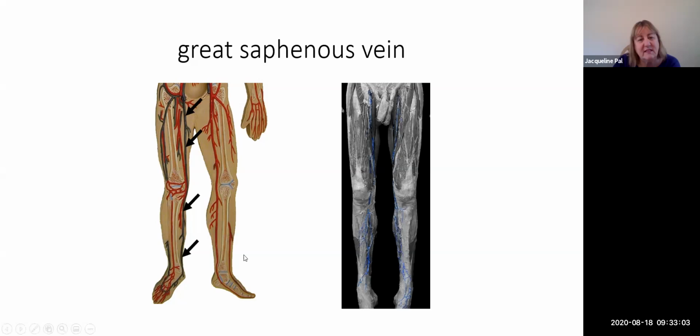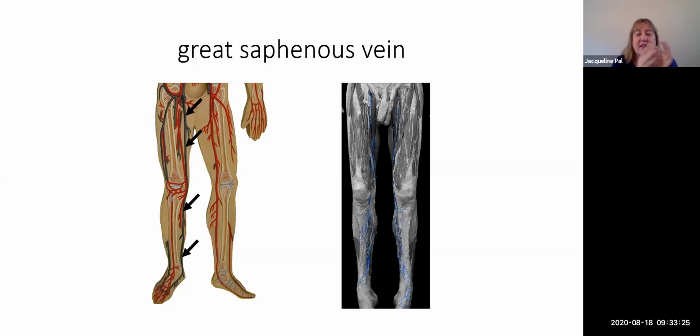That's because distally, it starts right before your medial malleolus, and then it's going to travel up the medial aspect of your calf and up the medial anterior aspect of your thigh. So this blood vessel is more than 3 feet long without a name change, and it's called the great saphenous